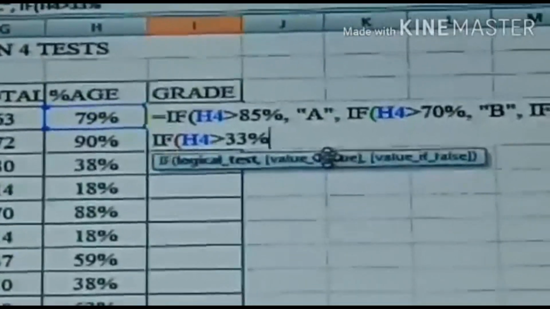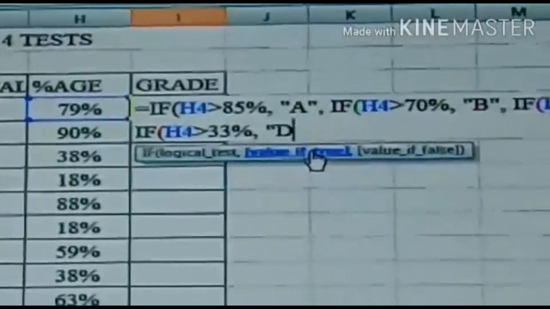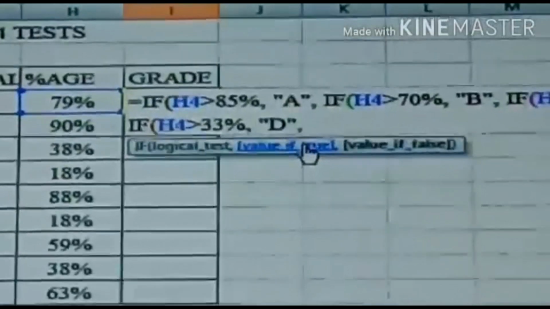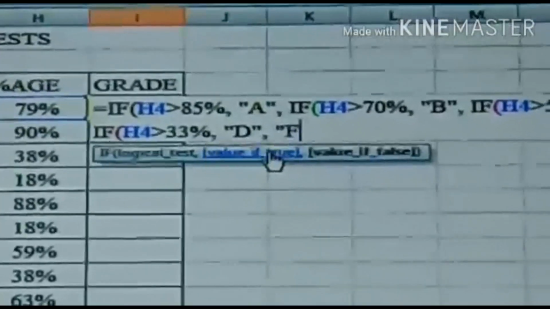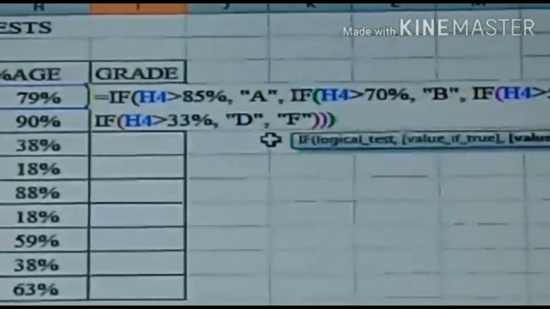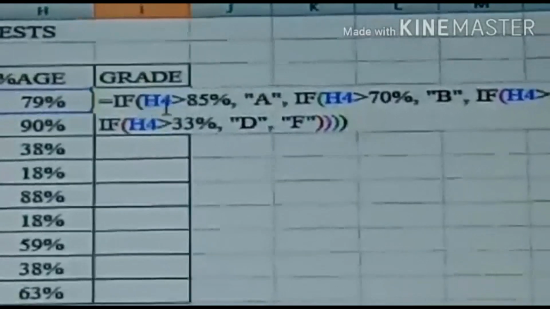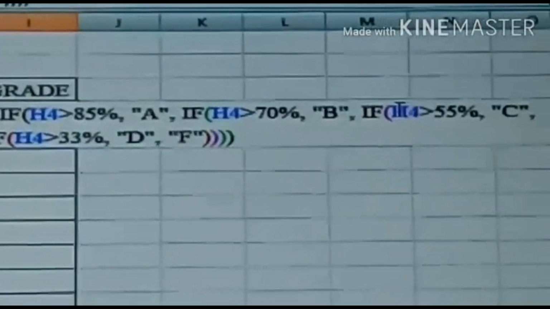This is the last. If H4 is greater than 33%, then the true value is grade D, and in the false value we do not have other conditions, so we will write F and put the close brackets. The number of closed brackets must be equal to the number of open brackets.